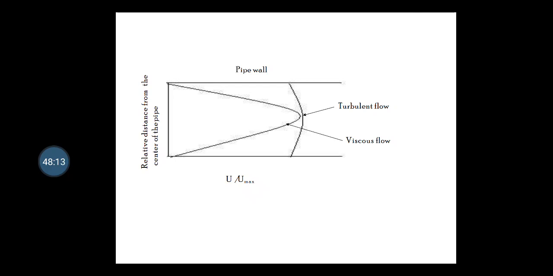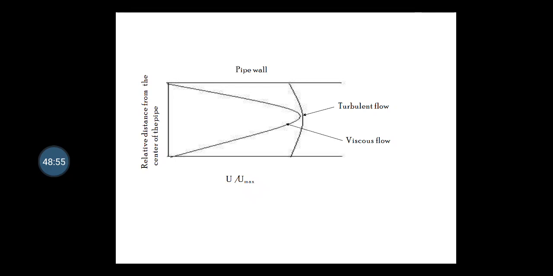So what are the applications of this distribution diagram? The very first application is that, though the general principles are mentioned in different ways, considerable variation in velocity distribution may be possible with changes in roughness, direction, temperature, or, most importantly, the cross section of the pipe. So the shape of the curve may change. Variation in the velocity distribution may be possible with changes in roughness, direction, temperature, or the cross section of the pipe.